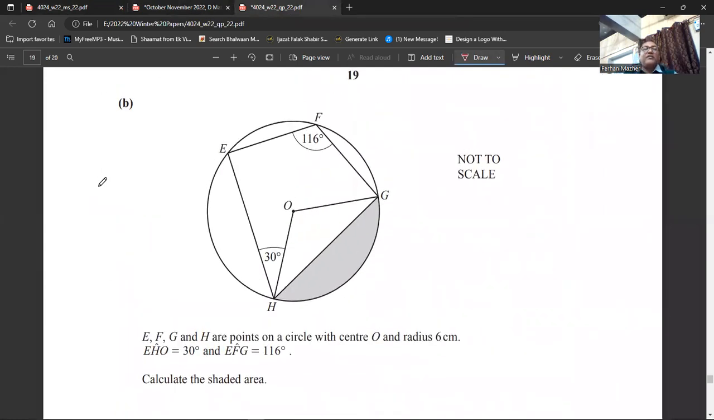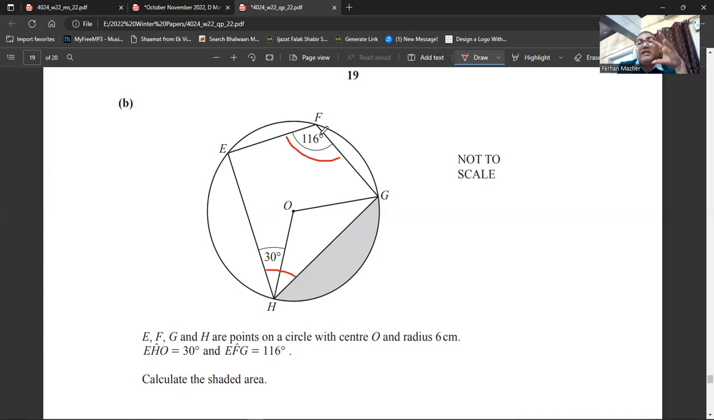Okay, the B part. Here we have E, F, G, and H, the points on a circle with the center O and the radius 6 centimeter. Angle EHO is 30 degrees, and angle EFG is 116 degrees. Calculate the shaded area. So very simple. You see, try to understand this whole angle